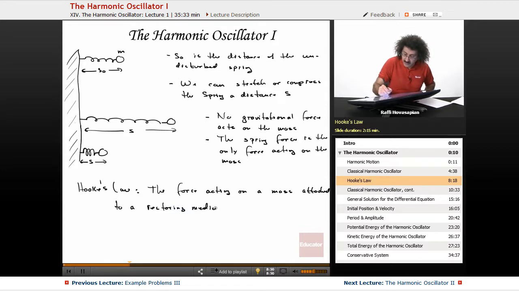In this particular case, the restoring medium is the spring. It could be something else. It could be a rubber band. Anything that, as you pull it, tries to pull it back. As you push it, it tries to push it back. Restores it back to its equilibrium position. So the force acting on a mass attached to a restoring medium is directly proportional